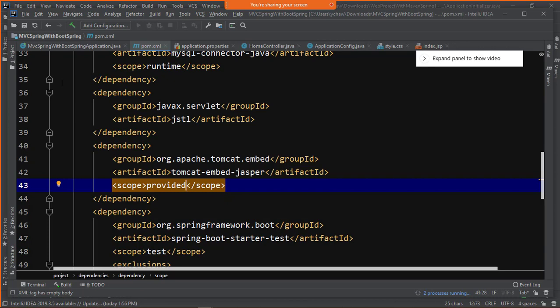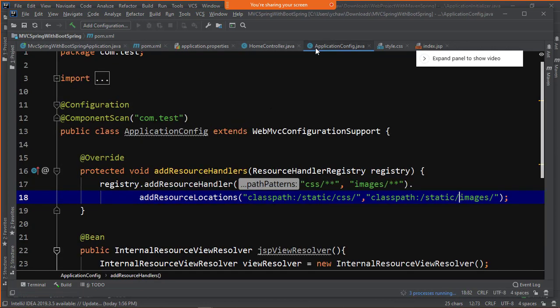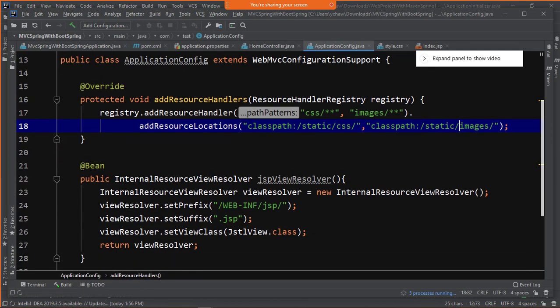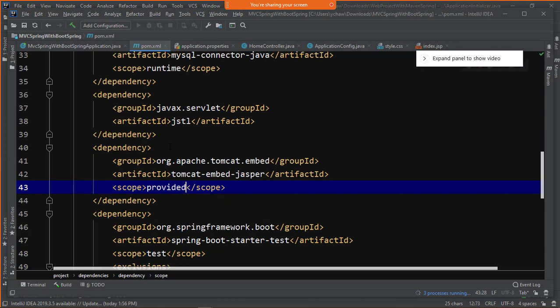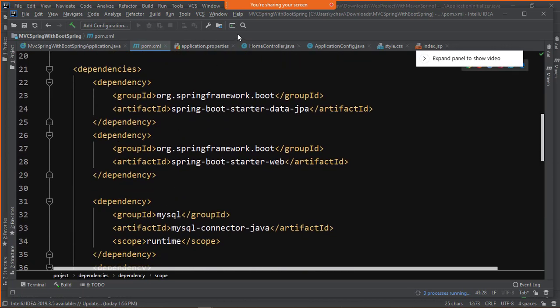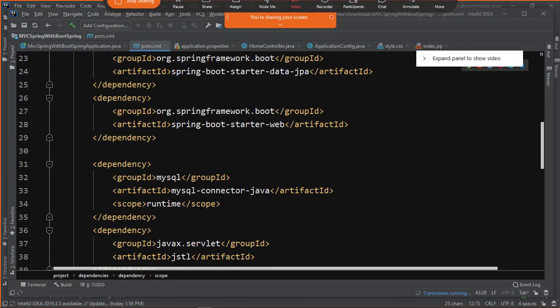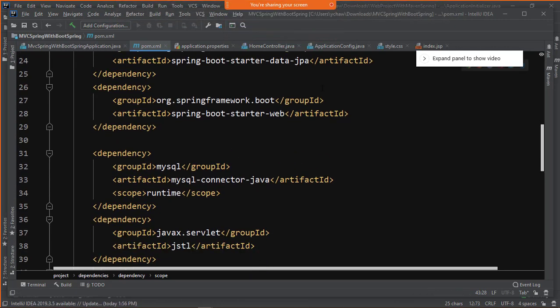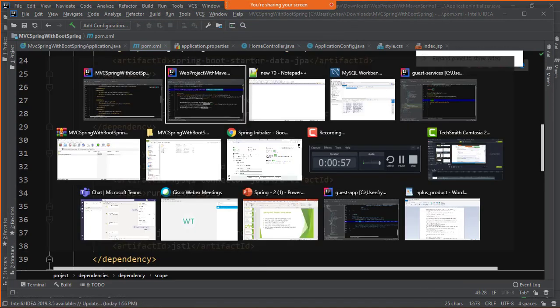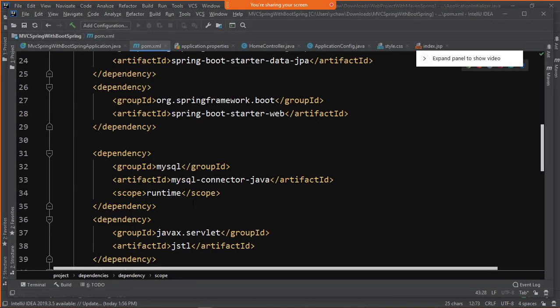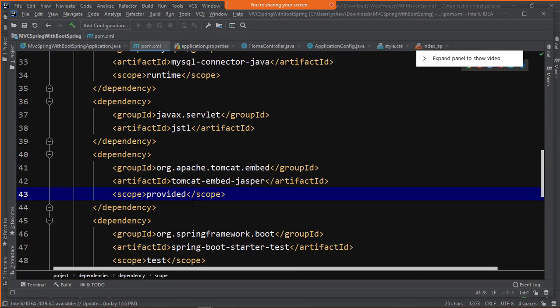JSTL, because here in application config I'm using the JSTL view class. For that I need it. Otherwise we would not have it, every other thing is provided to us by Spring Boot only. And for auto deployment, you can make sure that this Tomcat embedded Jasper is there.